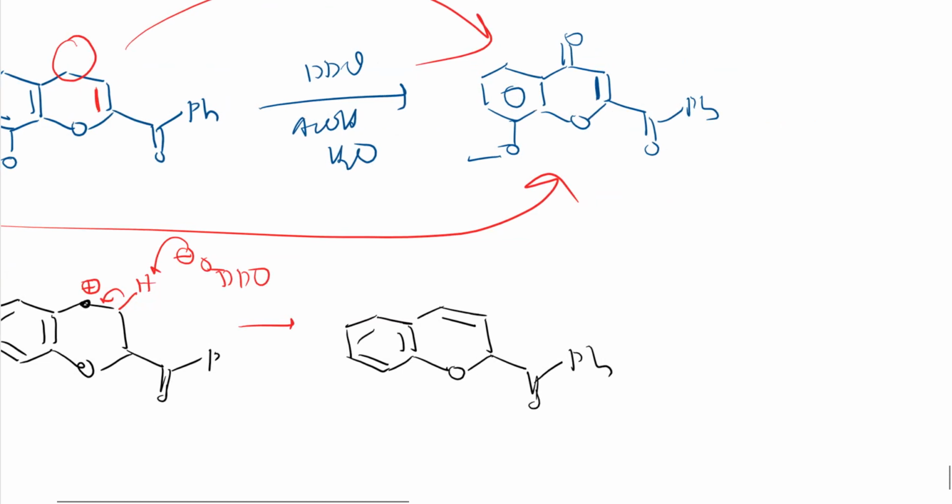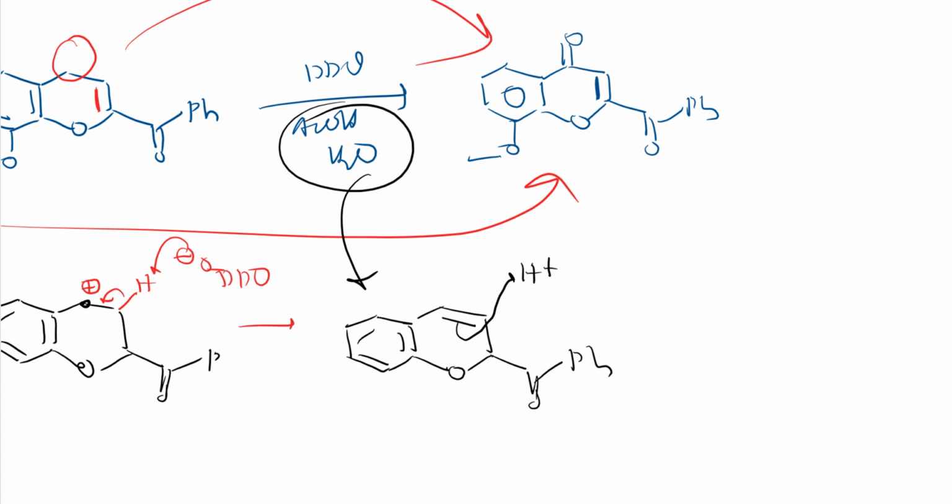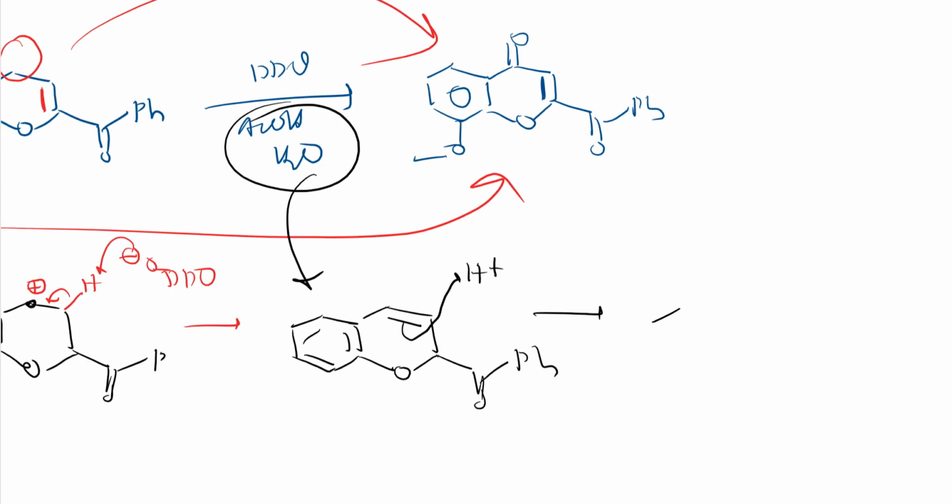But here acetic acid and water are there, right? Acetic acid and water mean H plus will be there in excess. So this H plus will react like this, and a carbocation is generated here. Why is the carbocation generated here? Because that carbocation is stabilized by these pi bonds. Here there are pi bonds, right? They can stabilize that carbocation, because of which the carbocation is generated here, and this H plus will attack there only, right? You should understand that.